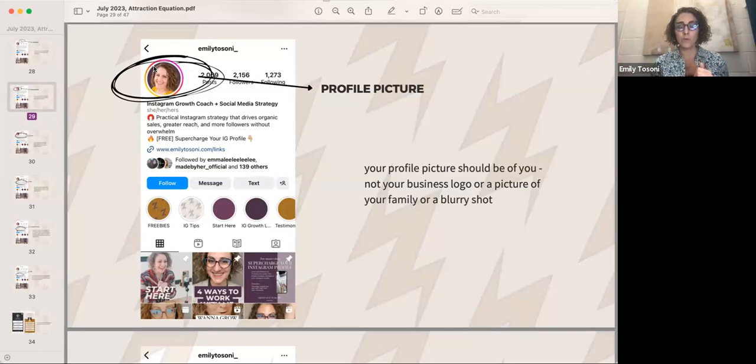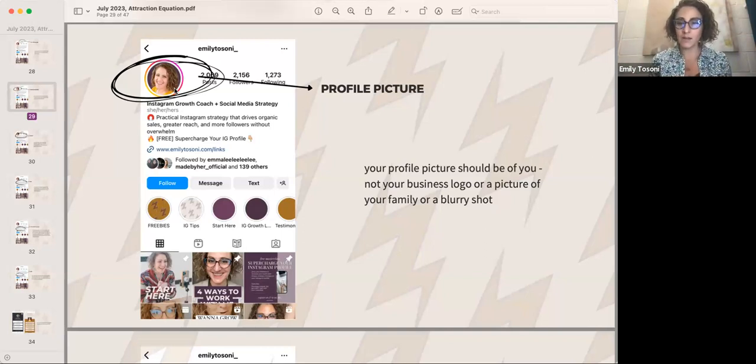There are a variety of ways to create a picture with a clean background. If you are a Canva Pro user, you can use the background remover to remove the background from any headshot picture of yourself. You want to make sure there's no filter on the picture. You want to make sure you can clearly see your face, that you cropped it close enough that you can see your face.